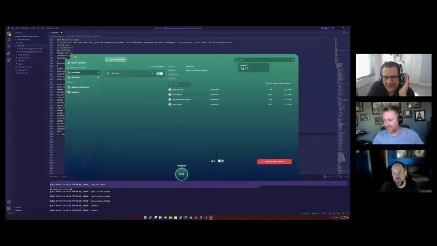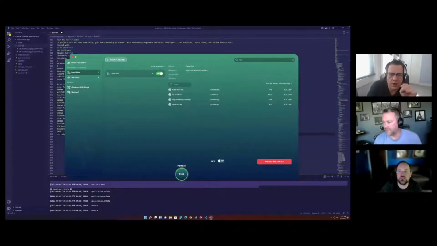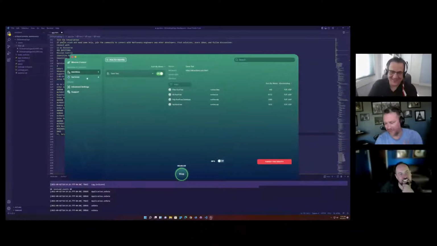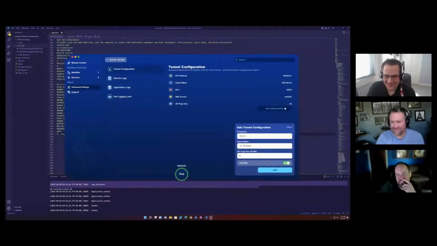You can jump right to it, so you can find it from anywhere. It's going to show you whether it's an identity or a service. If you type in RDP up there, is it going to show you that it's an intercept, or is it going to tell you it's a service? Yeah, there's services and identities, or will it not work at all? Yeah, not work at all. All right. Well, not yet. We can blame Jeremy for that one. It worked for me. I can show it on mine. Yeah, he'll show it on his in a second.